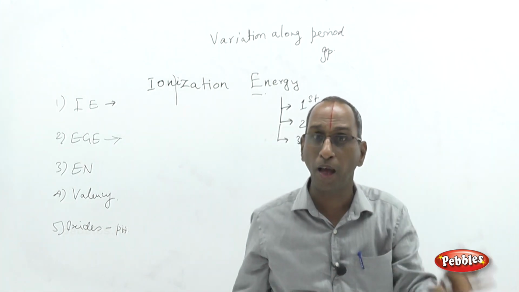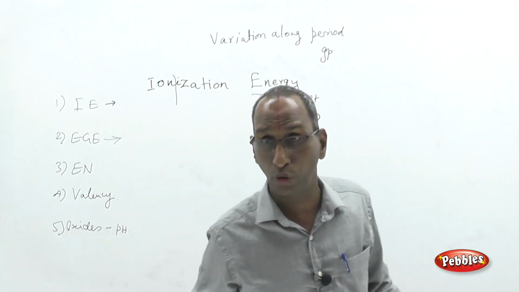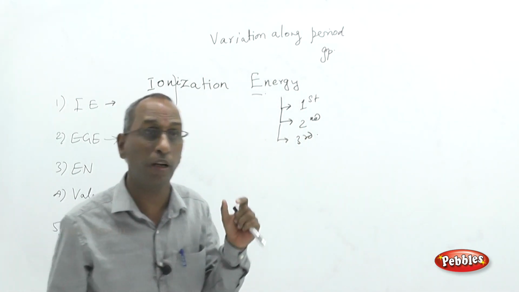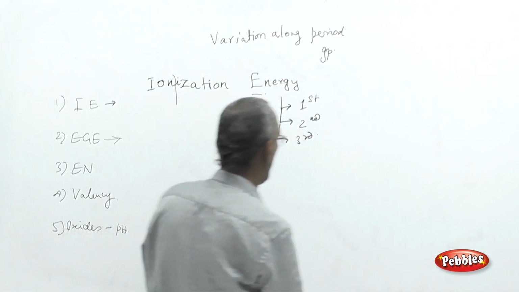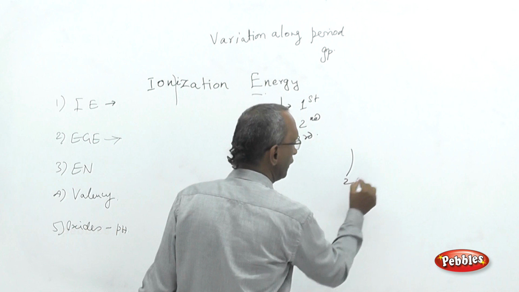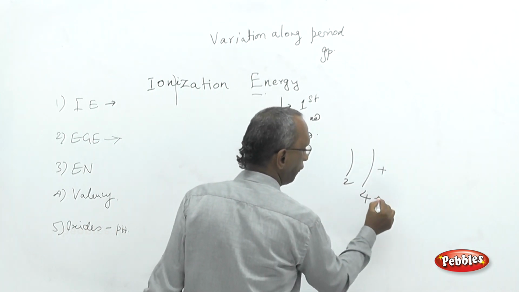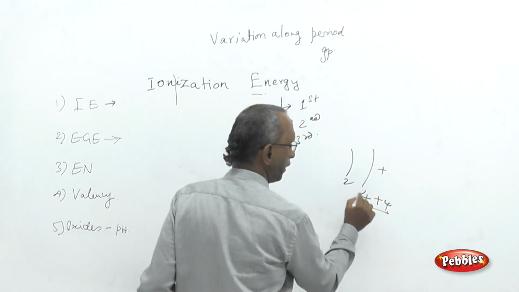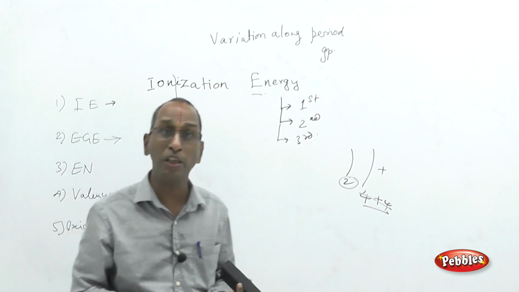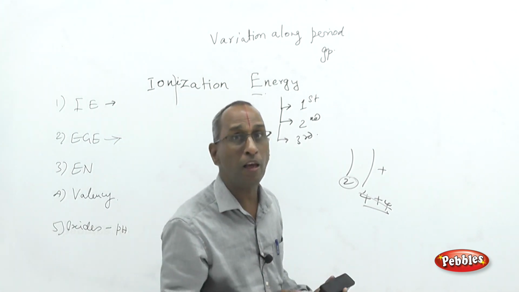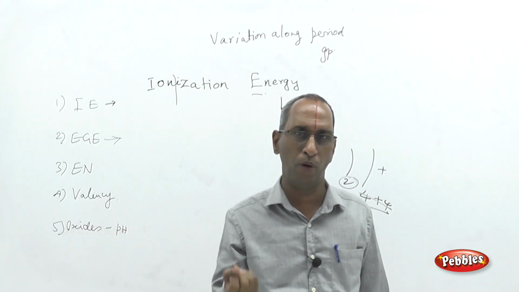Carbon cannot remove 4 electrons or add 4 electrons, because carbon's atomic number is 6. So the inner shell contains 2 electrons, and the outer shell contains 4 electrons. Octet configuration means it has to add 4, or it has to lose 4 to get helium configuration. But losing or gaining 4 electrons is quite a tough task, because if it becomes 1 electron, it